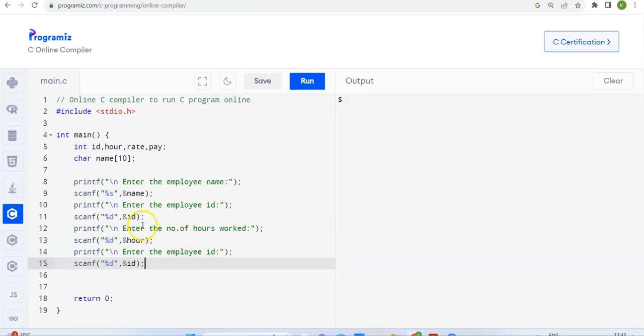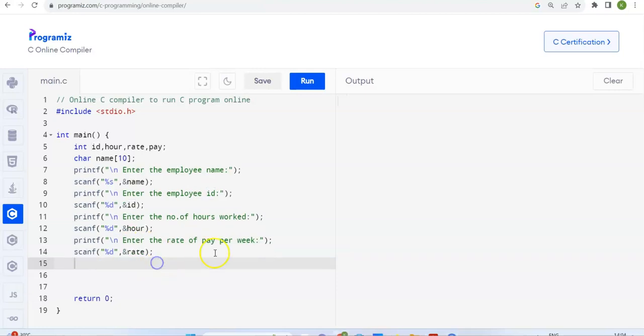Then the rate of pay. Final input is the rate of pay per week. So the variable here is rate. So it's not pay per week, it's per hour. Okay, then